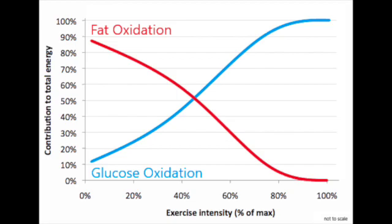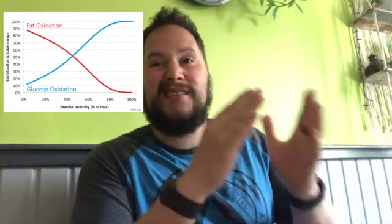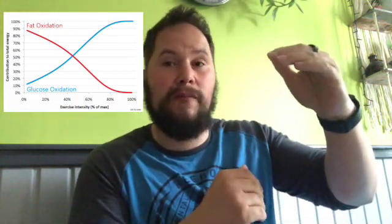That's where you're switching from your aerobic system, which is more oxygen based, over to a more anaerobic system, which is more non-oxygen based. And anything past that crossover point, fat burn decreases rapidly and carbohydrate burn increases rapidly. But of course, you're only exercising for a certain amount of time, so 24 hours in a day. My run was over 2 hours, so over that 2 hours I'm sitting near that crossover point, slightly past it into more glucose based. But because I'll use up all my glucose post run, I'll start burning a lot more fat,